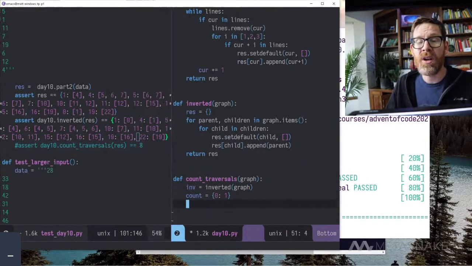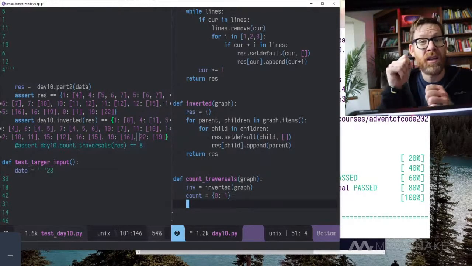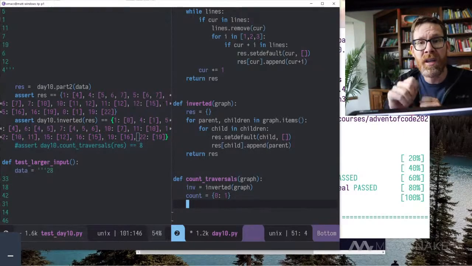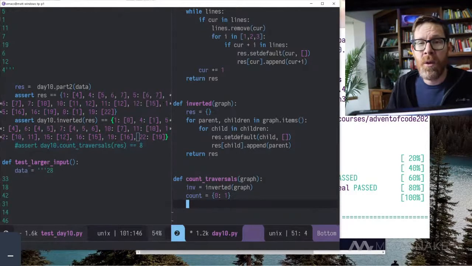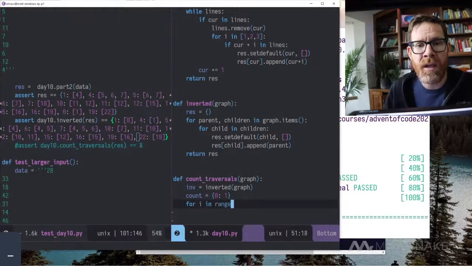Okay, then what are we going to do? We're going to loop over all of our index options. Again, this is the key insight here, I think: you're starting from the smallest number to the largest, so you only have to visit each of those options. So I'm going to say for i in range, and then I'm going to go to the max of graph plus 1.